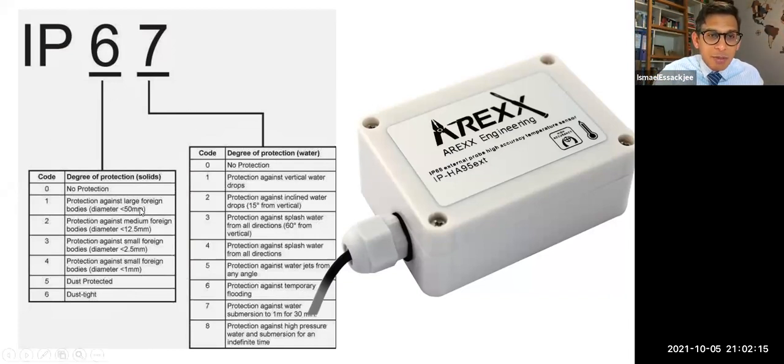Okay, or then maybe slightly as we go from 0 to 6, where maybe number 5 is dust protection, fully protected from dust, and 6 is dust tight. Not even one dust can get inside. So it's fully protected. This is number 6. So it is the highest value in terms of mechanical protection for things to get inside.